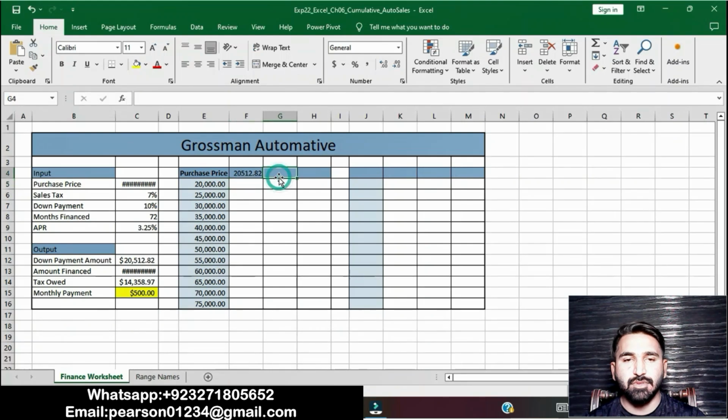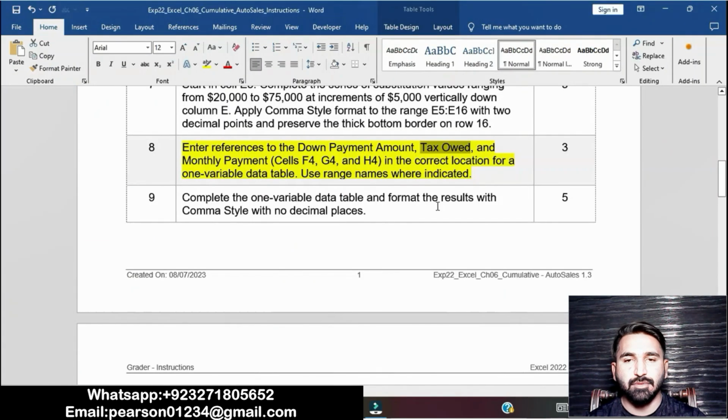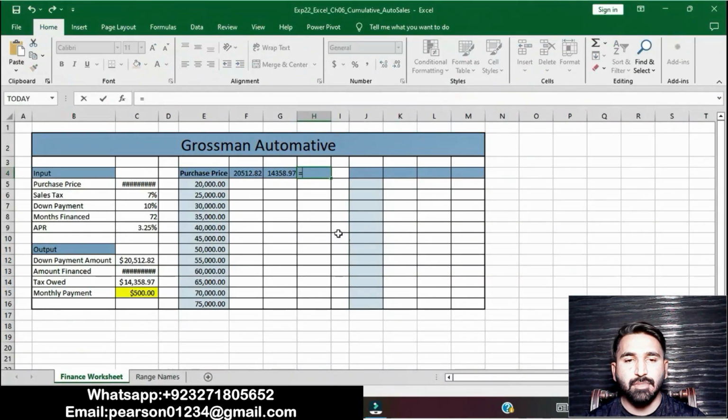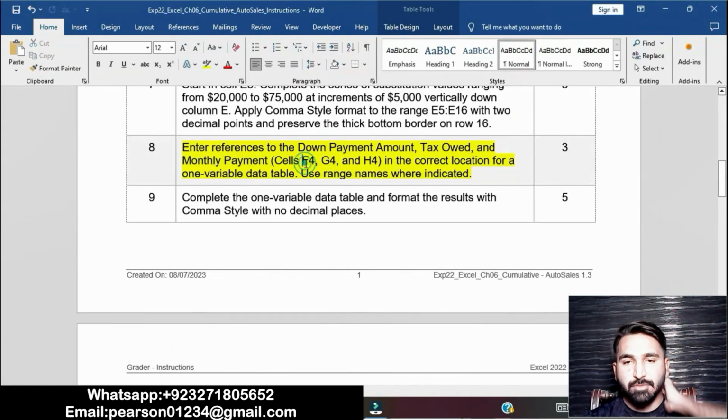Go to G4 and click on tax code. Go to H4 and then monthly payment. Okay, it will show and it will be fine. Correct location for one variable data table. Use named ranges where indicated. Okay, this step is completed now.